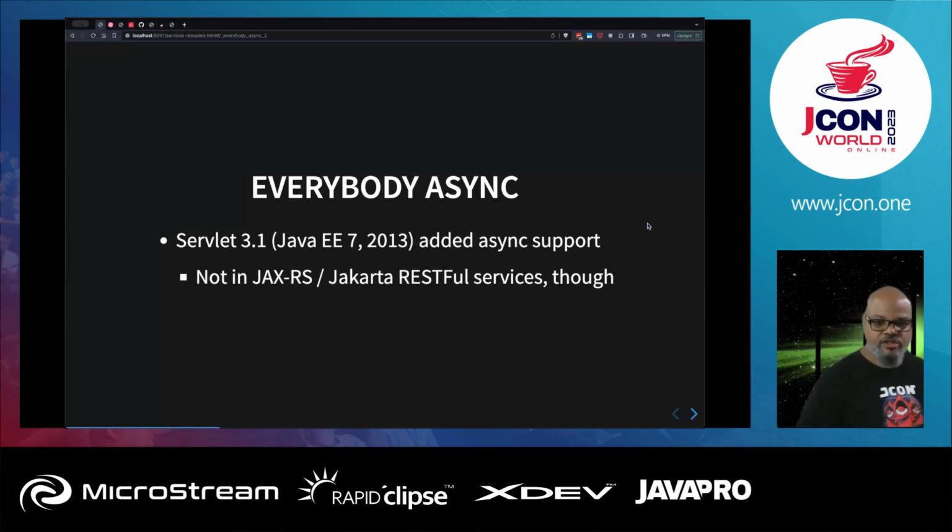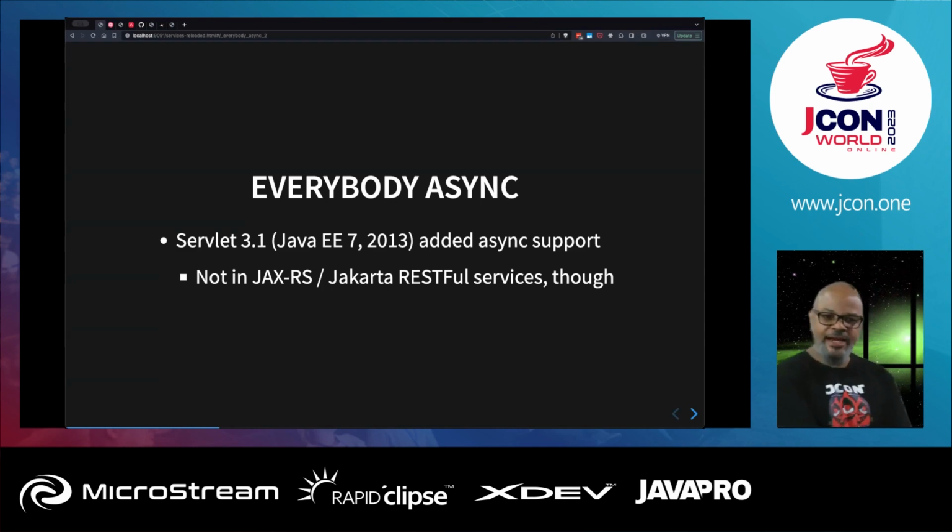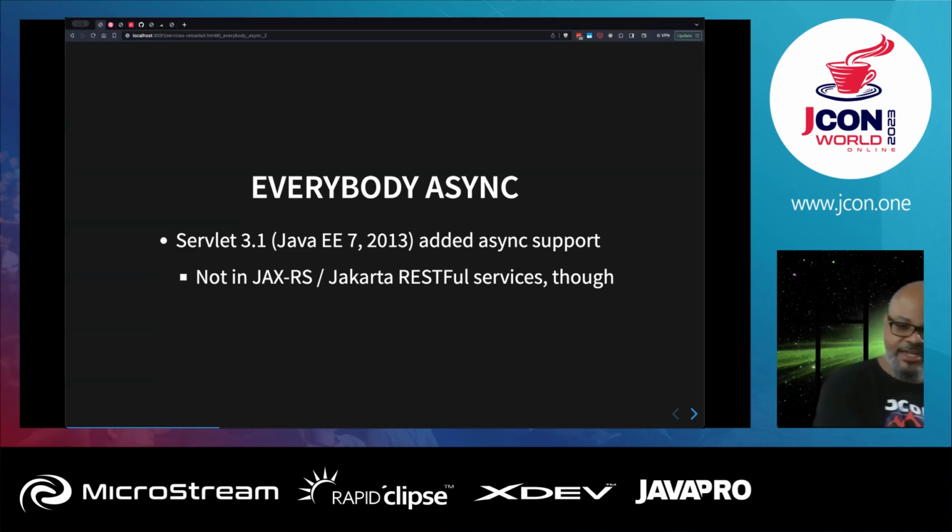So in 2013, Servlet actually added async support, which is nice. So Servlet actually supports async as well. It's not available in JAX-RS, or Jakarta RESTful Services, which is used for a lot of REST applications. Although most servers now have reactive bindings for that kind of stuff anyways. So